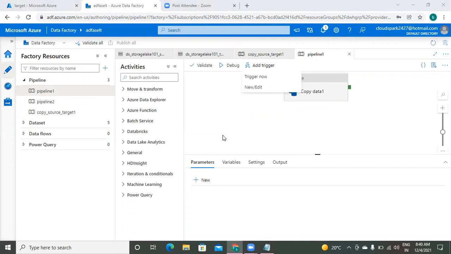Later, I will explain the difference between debug and trigger. Scheduling of pipelines is another department. Being a developer, you will just develop your triggers, but the scheduling team will be different. But to crack interviews, you have to learn all these things: scheduling, monitoring, linked services creation, integration runtime creation, everything, so you feel like an admin and a developer.